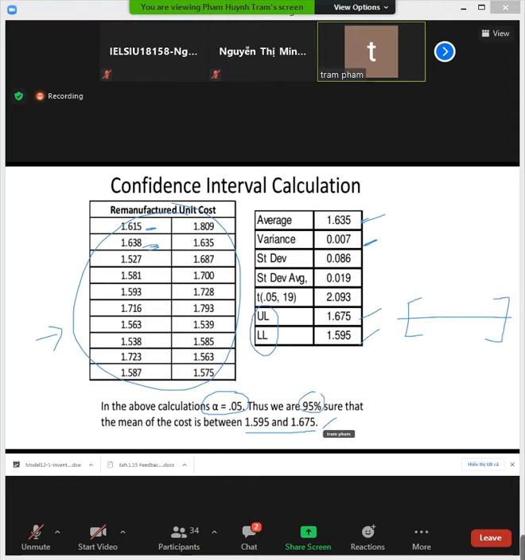Is it a good estimation? Well, a 95% confidence level is considered quite high, right? When you say something and you are almost 100% sure about it, that is quite good. So this 95% confidence level is considered quite good. Now, but we look at the range, this range of estimation,